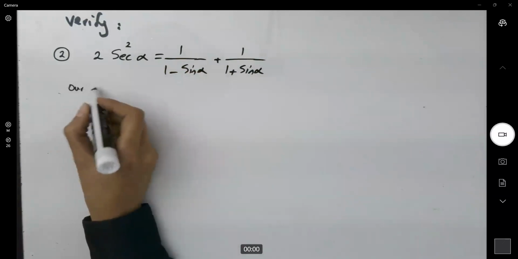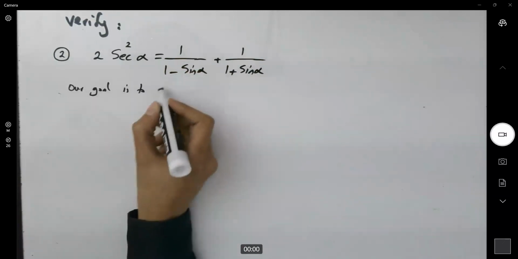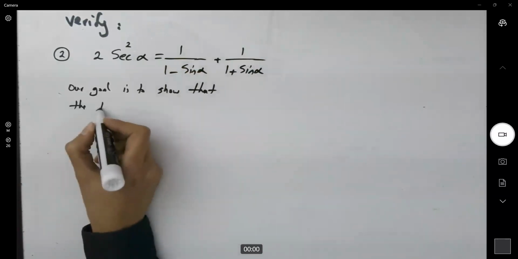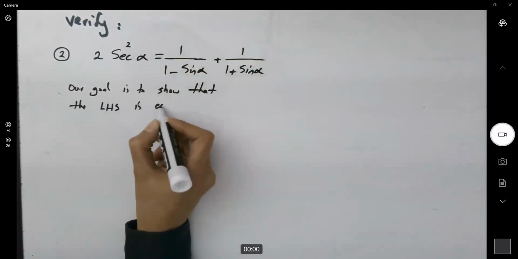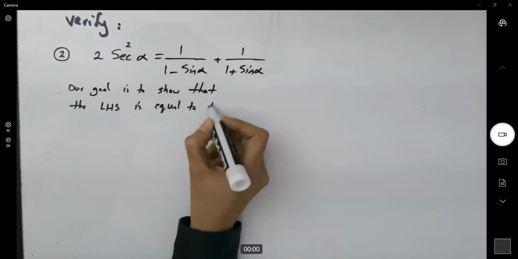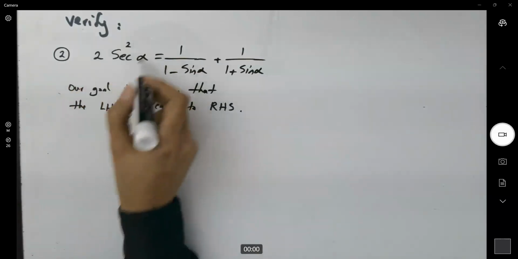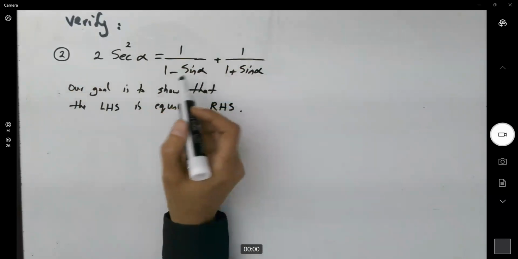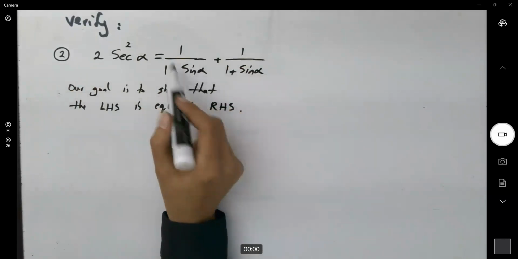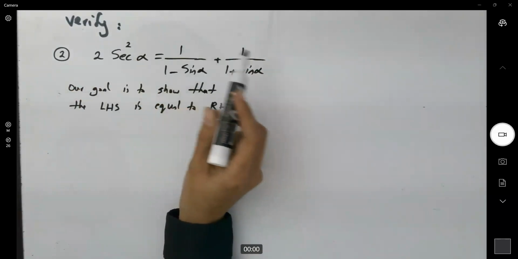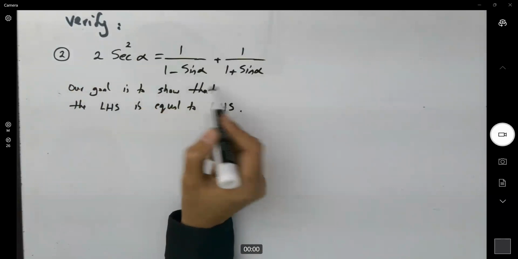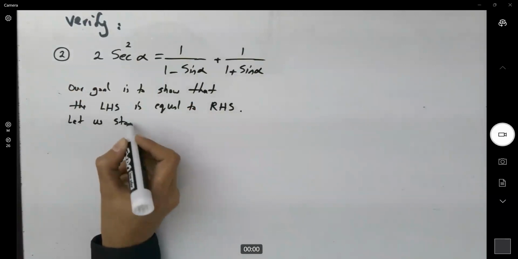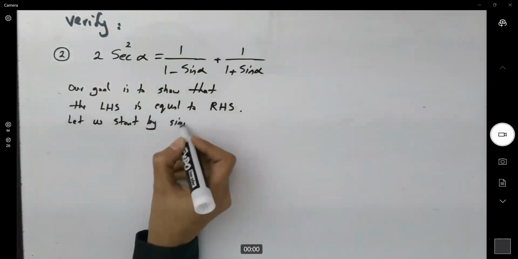So our goal is to show that the left-hand side is equal to the right-hand side. This is my left-hand side, and this is my right-hand side. Since I have fractions here, and I feel comfortable working with fractions, I'm going to start from the right-hand side. So let us start by simplifying